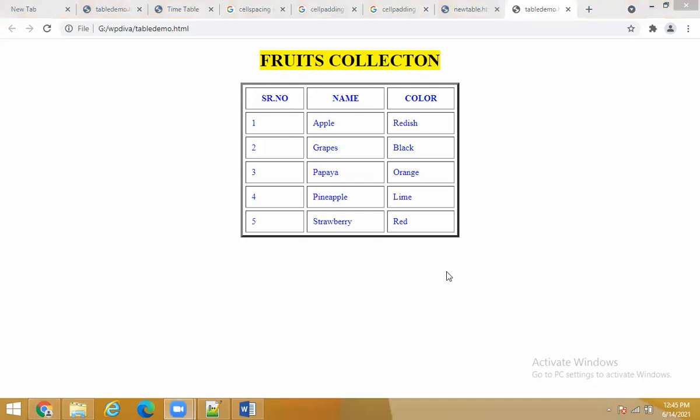Now just go through this example again. And we will take one more class on the table tag. There I will tell you a few more attributes that are remaining. Those will be the attributes of the row and column tags, that is the TR and TD tags. We will see the attributes of TR and TD tags in tomorrow's class. Fine.